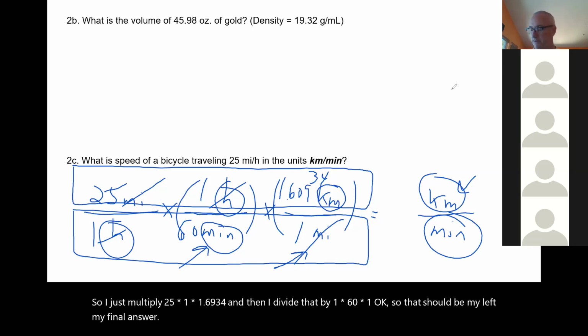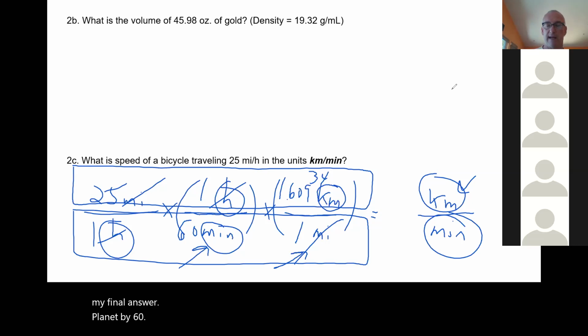Divided by 60. All right, so I get 0.6705558 kilometers per minute. Is that the correct answer? No, you have to put it in